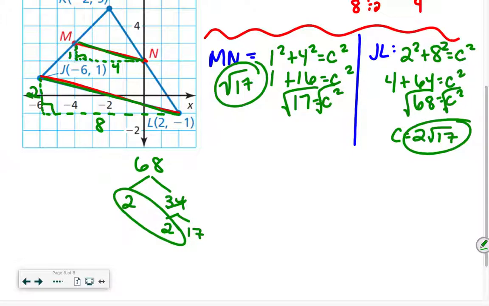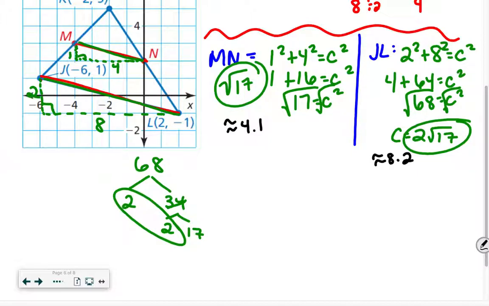Now, let's just go to our calculator for a minute. And I'd be okay with you using decimals. It's just you have to round it, and that's the only reason I don't really like it. But if we type in radical 17, we get like 4.1-ish. So when I type in radical 68, it should be something close to 8.2. Something close if I do this right. So if I type in radical 68, it comes out to be about 8.2, which is fine as well,